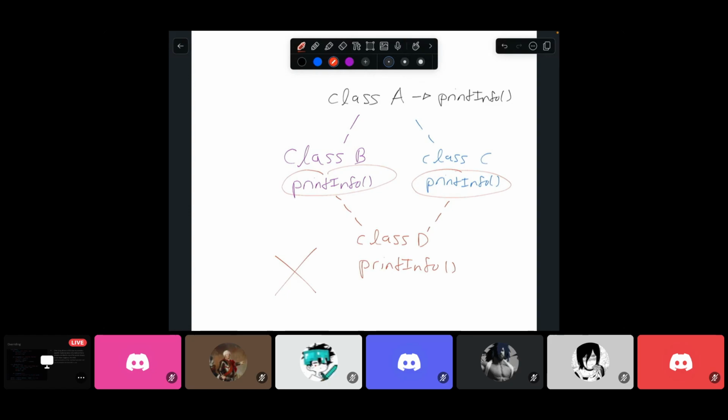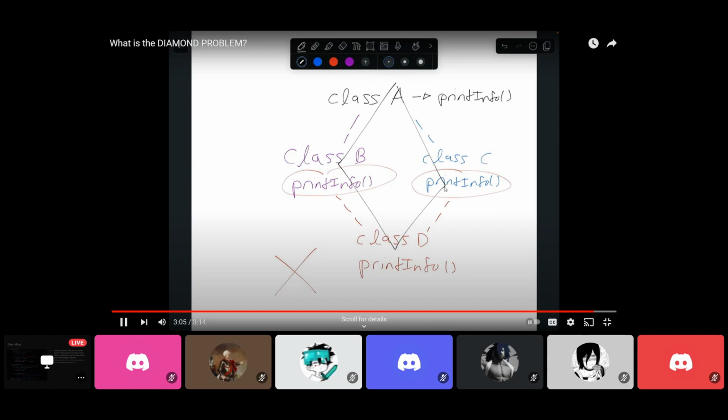So that's the diamond problem, and you can see here this whole structure makes a big diamond, and that's where it gets its name. So that's the diamond problem. We hope this makes